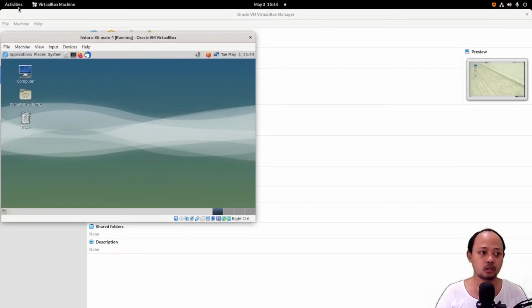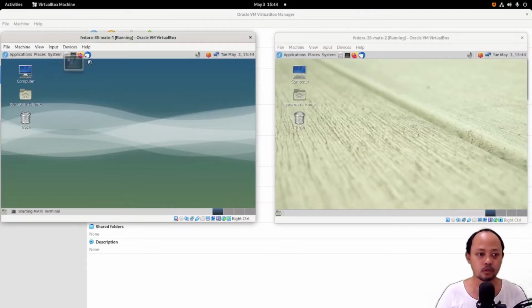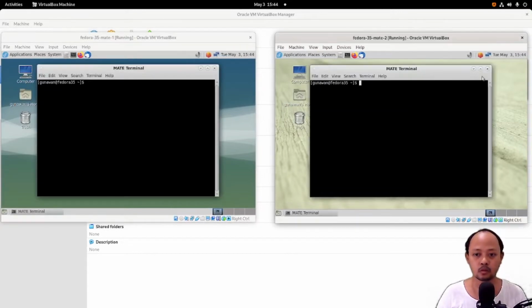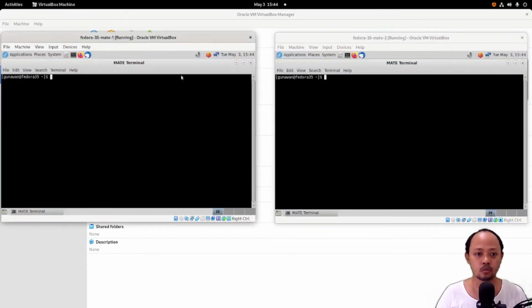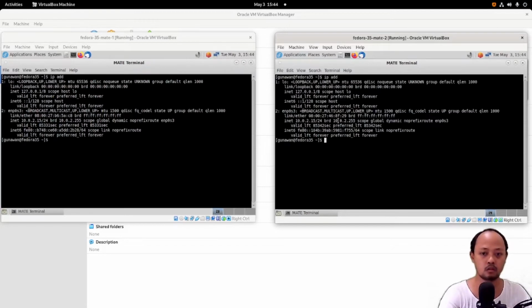If we try to find out the IP address in each VM, we will see that each VM has the same IP address.